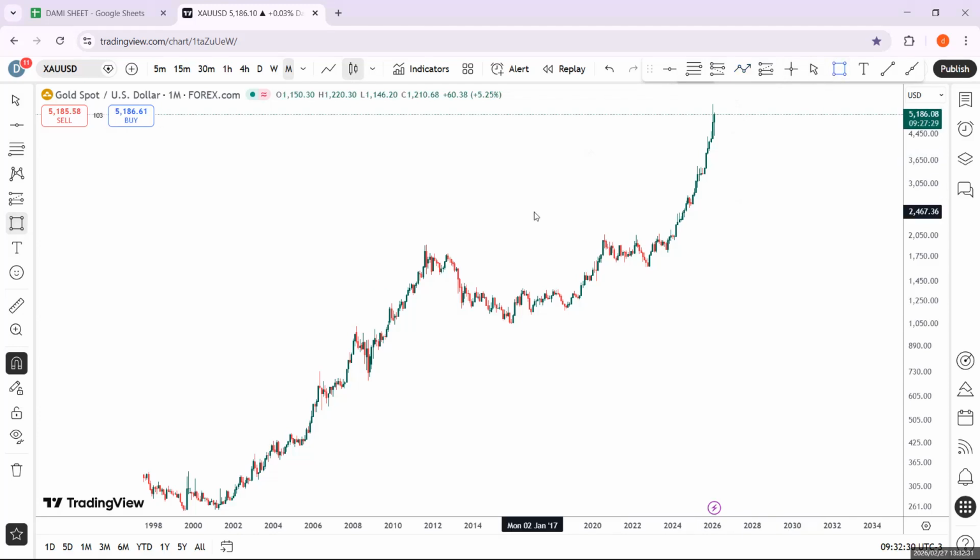This is the monthly time frame on gold, as we can see, XAU/USD. So what is the first thing that we do in applying this strategy so that we ourselves can make money on this gold rush? Everyone is making money on gold, but this particular system is going to allow you to make money on gold even better, because here we are going to be teaching you a top-down system and a multi-time frame system that has stood the test of time. I've been using the system over multiple years, and this system has given me a result over multiple pairs. Okay, so what is the first thing that we do?